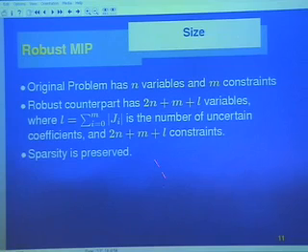But what is interesting is this: you have, let's say, n equals 10,000 variables, and m equals, let's say, 5,000 constraints. It's a sizable problem, not gigantic, but sizable. So the new problem, the robust counterpart, has 2 times n, let's say 20,000 variables, plus 5 is 25,000 variables, plus L. L is the number of uncertain coefficients in the system. Let's say L is 2,000, we're talking about 27, 28,000 variables out of 10,000.